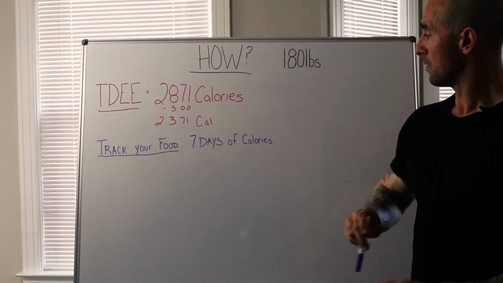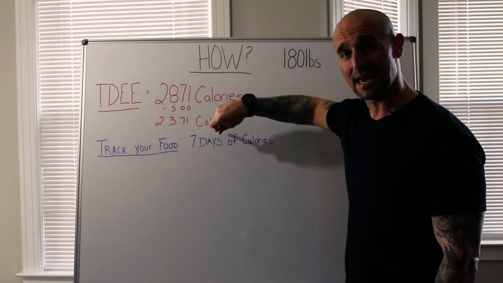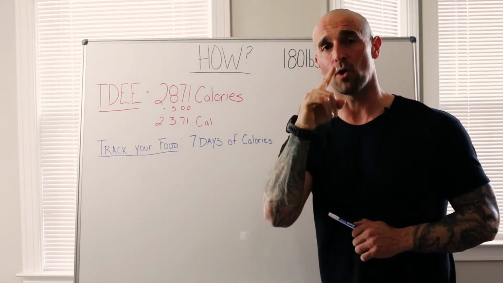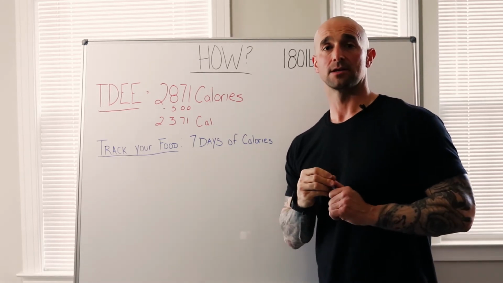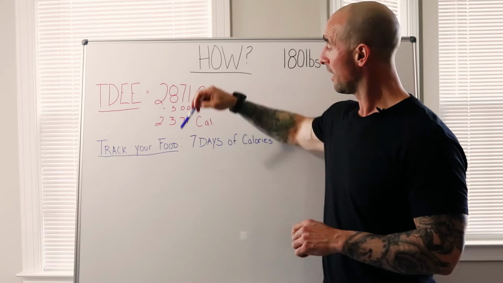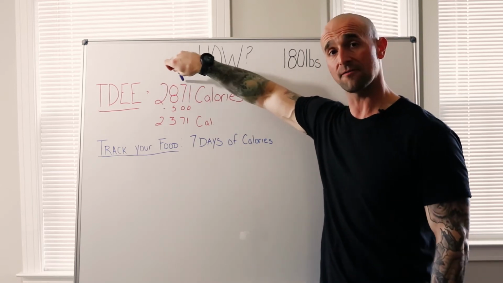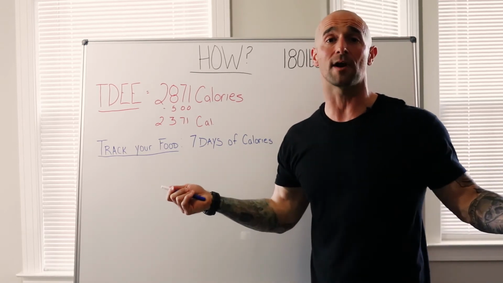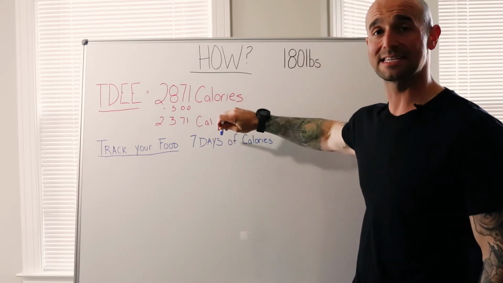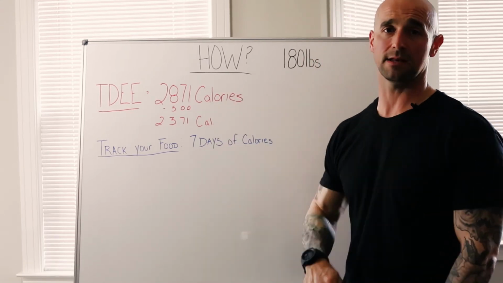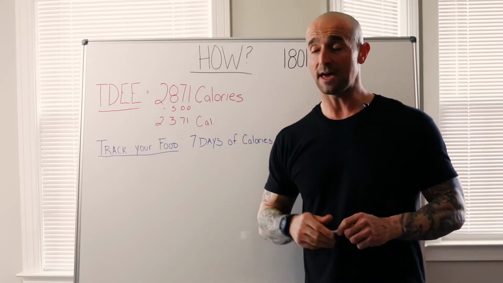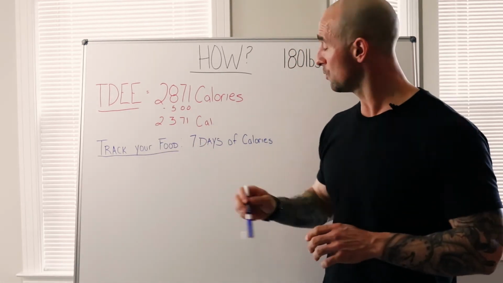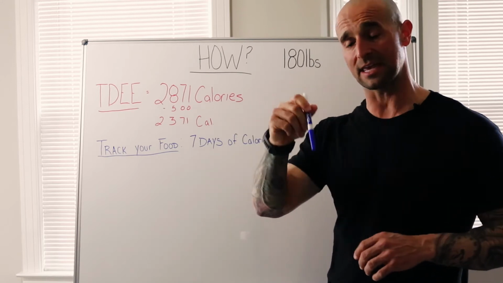Why is this important? We want to get 7 days of your calories. Your calories meaning exactly what you eat. So that this is custom tailored to you. This up here, this calculator that we used the first one, that's just a guess. That's based on just a computer algorithm. This will get you the exact number of what you eat daily. So you will know that if you're gaining weight, if you're feeling overweight, if you're staying the same weight, you will know exactly how many calories you're taking in now.